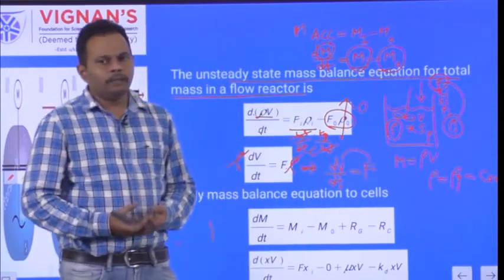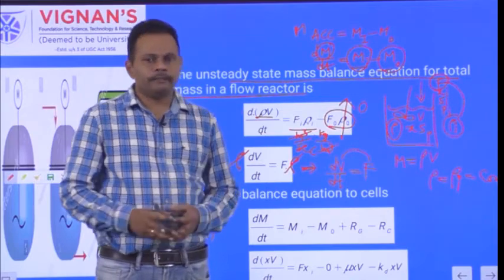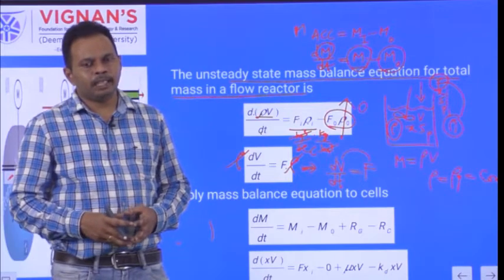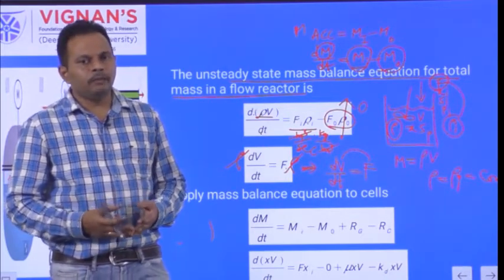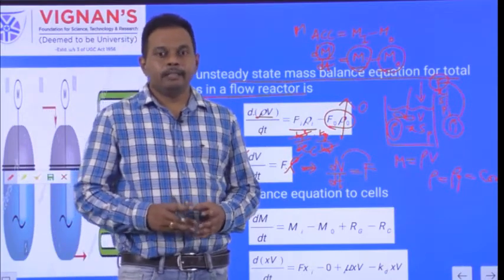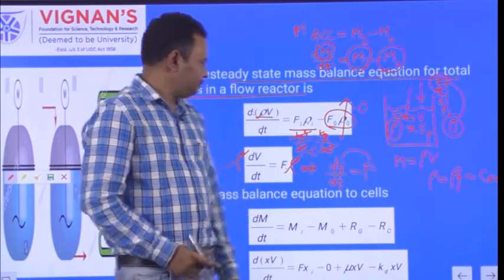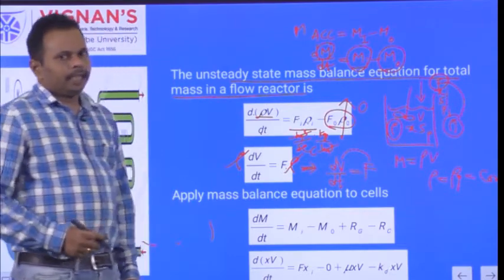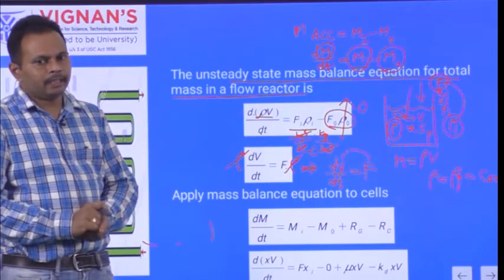So the increase in volume with respect to time is more when you have a high F. When the increase in V with respect to time is low, F is automatically low. So the increase in volume of the reaction mixture or fermentation broth with respect to time depends on the F value. F is nothing but the inlet volumetric flow rate. Next, our target is to find the fed batch time required to increase the mass of the cells from X0 to Xf.